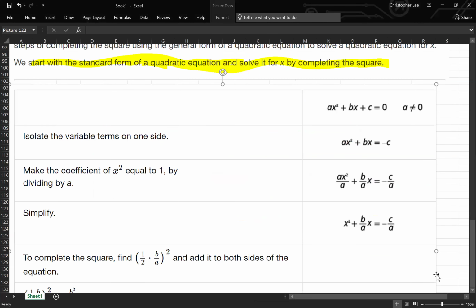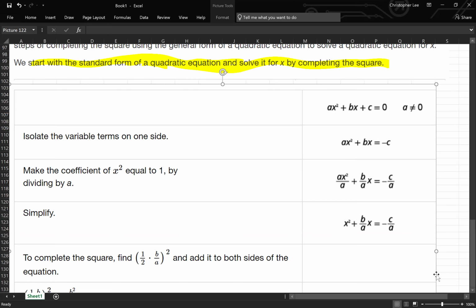So we have ax squared plus bx plus c is equal to 0, where a does not equal 0. What we want to do is isolate the variable term on one side, and then the numbers on the other. Make the coefficient of the x squared equal to 1 by dividing everything by a, everything. Then we simplify the equation. So we have x squared plus b over a x is equal to negative c